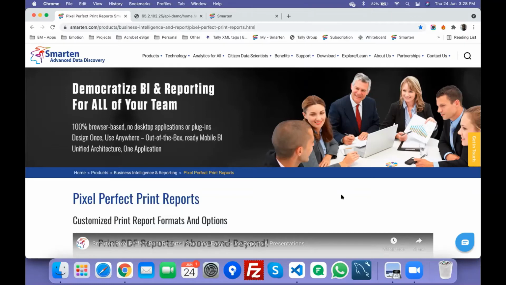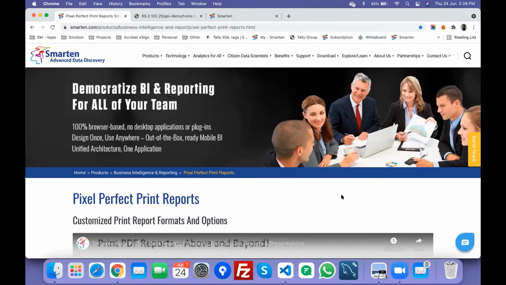So I would say all in all, if you are very clear about your SQL and the kind of presentation you want, and if you just want cross tab and tabular, then it won't take more than a couple of hours. And if you want this PDF pixel-perfect report, then you can add 3-4 more hours to create that specific template in FreeMarker and then upload it on Smarten like we showed you today.